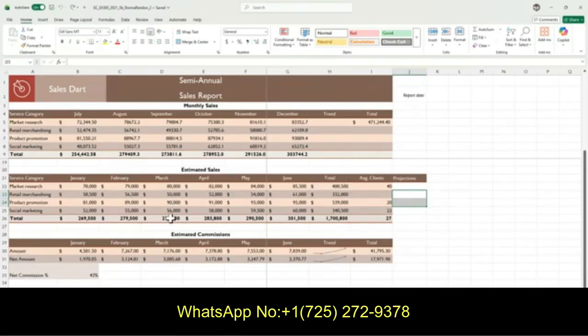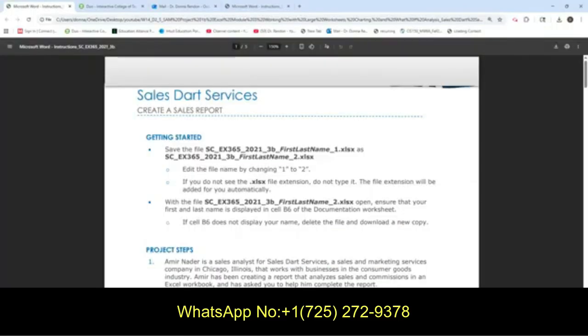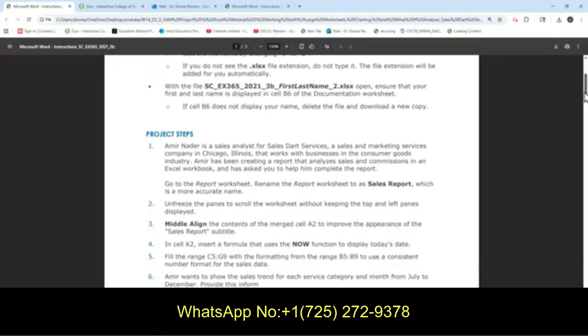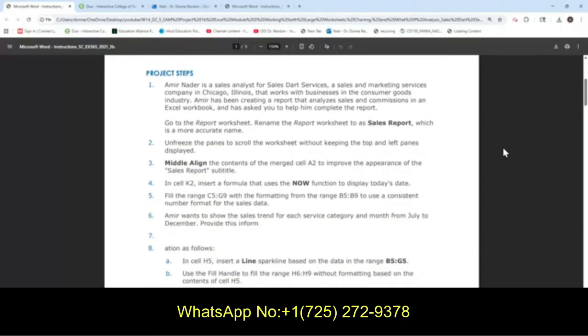Now, the instruction is here. It's called Sales Dart Services. Project step 1: we're going to go to the report worksheet and rename it to Sales Report, which is a more accurate name.